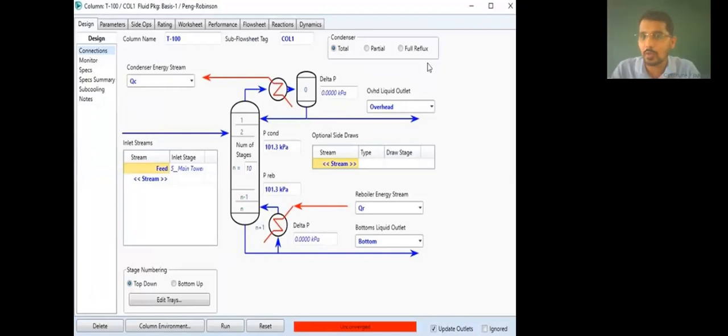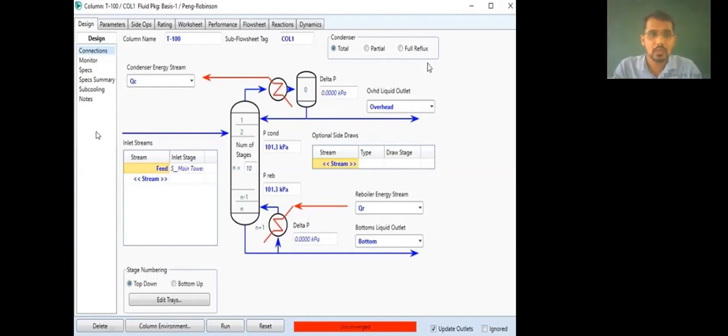By using this software, we are getting composition, conditions, and properties of the outlet stream. But for that, we have to provide the inlet stream composition, inlet stream conditions, and properties.